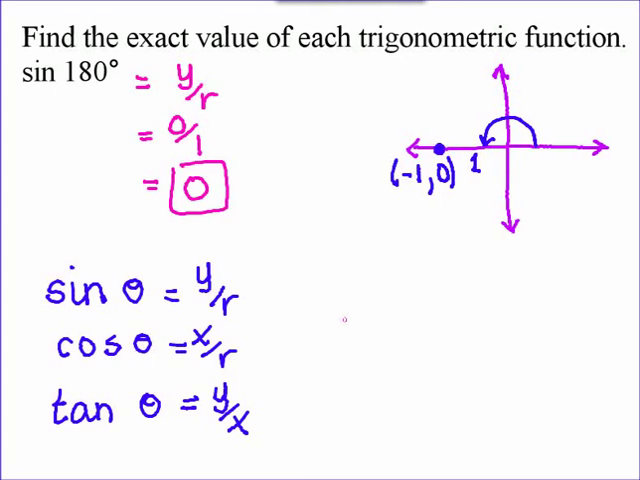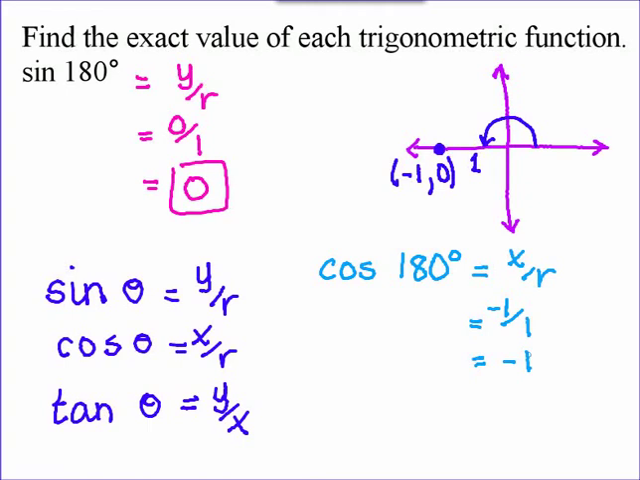Just for kicks, since we've already drawn this angle out, let's find the cosine at 180. Cosine we know is x over r. So x in this problem is negative 1 divided by the radius, 1. So cosine is negative 1. On your pink sheet, you already have two answers: the sine at 180, which is 0, and the cosine of 180, which is negative 1. So if you fill those in,